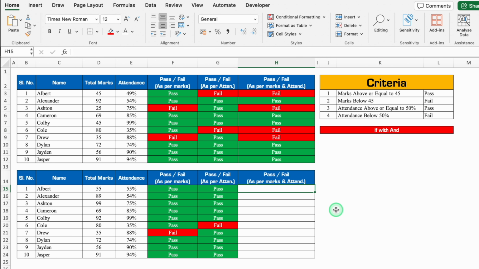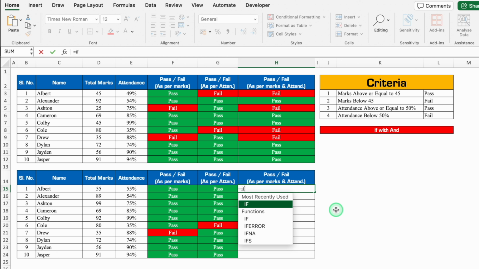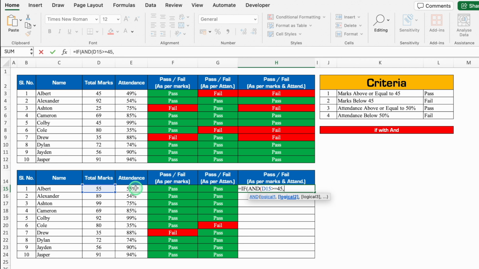I'll click over here, plus or equal to, IF, bracket open, we will put AND, bracket open, we will click on total marks is greater than or equal to 45, marks should be above 45, so this is our first criteria, comma, we will click on attendance percent. If attendance is greater than or equal to 50%, so I'll put 50%, we will close the bracket, comma,